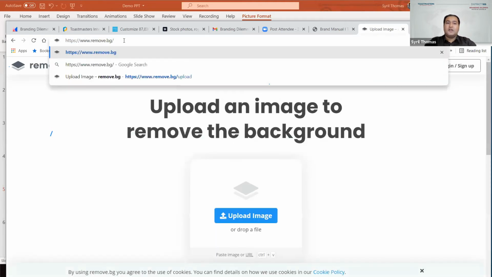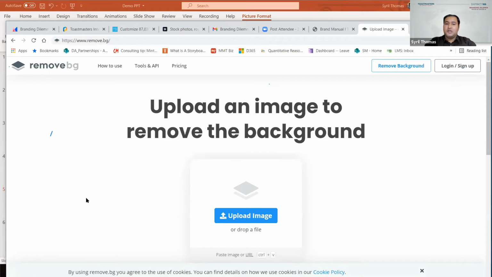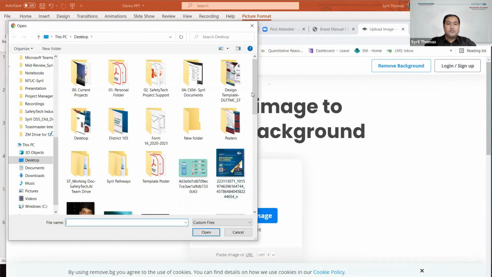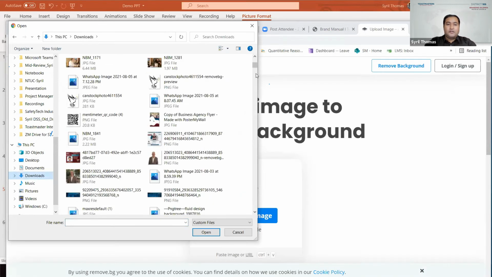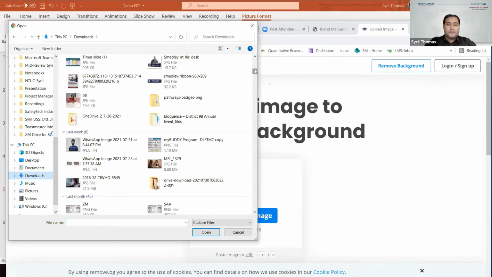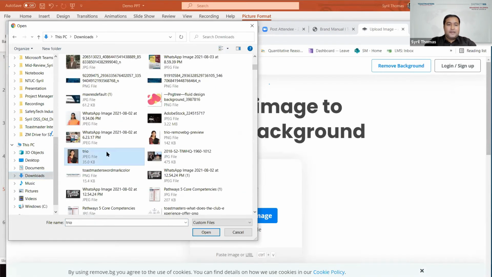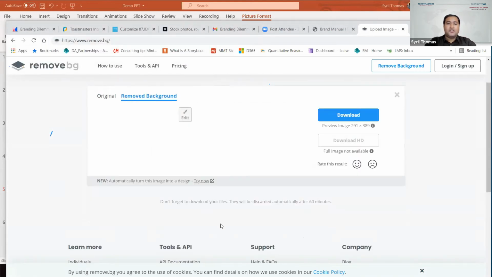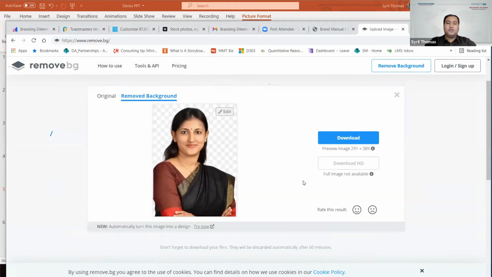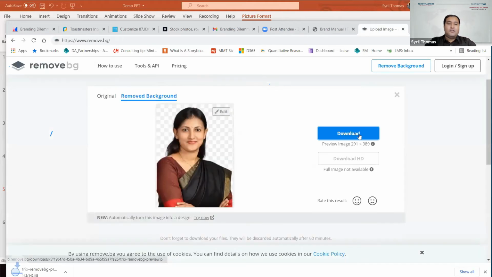I would ask the Zoom Master to type this in, www.remove.bg, and you upload the image from wherever location you want to remove the background. For example, I said I want to remove the background of this image, and the background is removed. You download this and use it